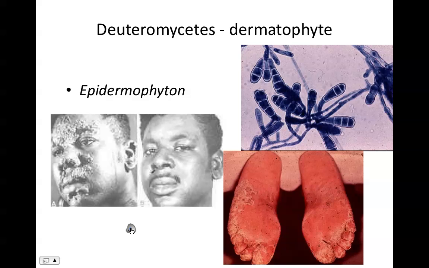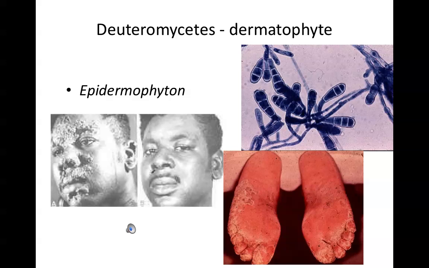Epidermophyton is the 3rd genus in the group of dermatophytes. So for the 3 genera that are dermatophytes, we have Trichophyton, Microsporum, and Epidermophyton. Now, most Trichophyton and Microsporum genera have multiple species. Epidermophyton really only has 1 species that causes problems,